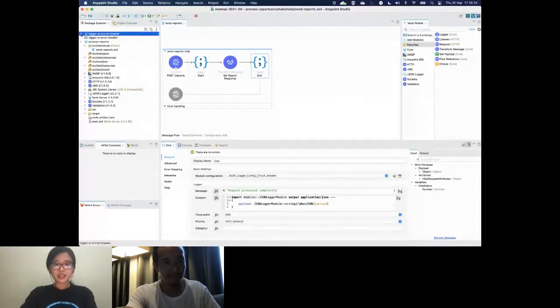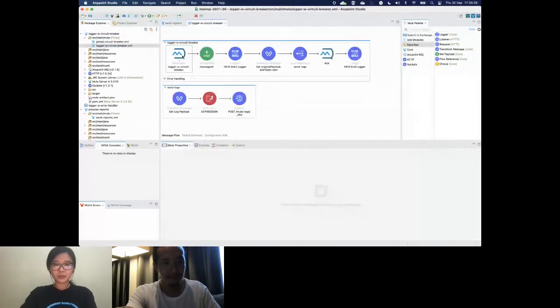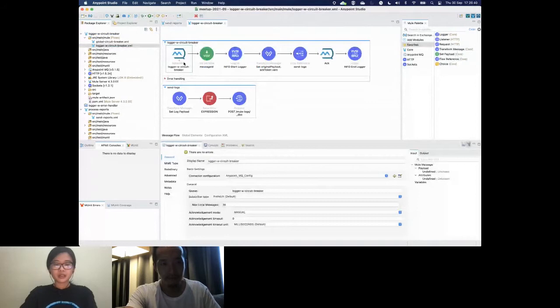Once it gets sent to this MQ with the circuit breaker, you would notice that there's no error scope here anymore, and we are not taking note of the retry counts anywhere.